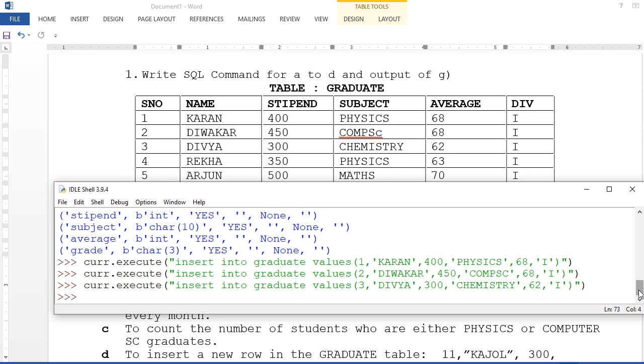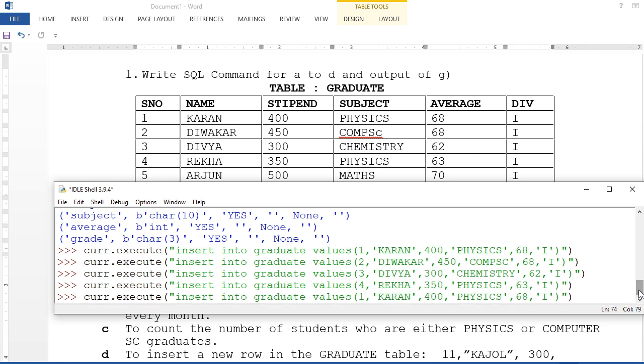Done. Third one is also being executed. Then this will be number 4. Next one is Rekha. Then this is 350. Then this one is physics, 63. Then here first. Okay, done.